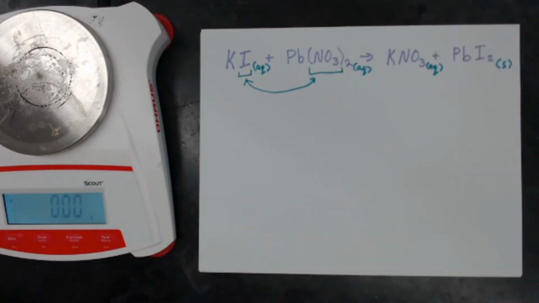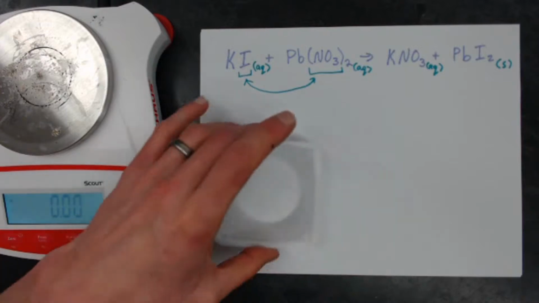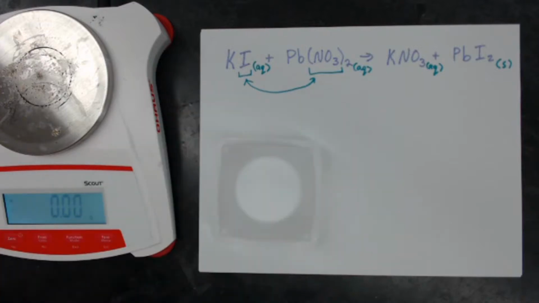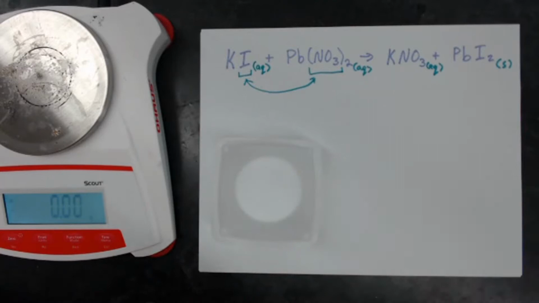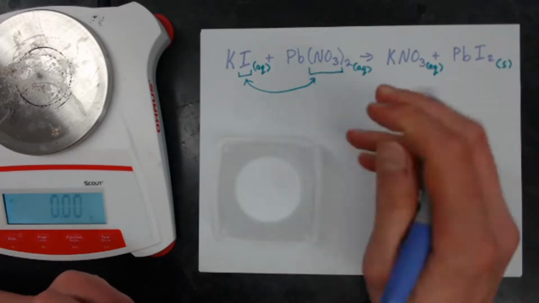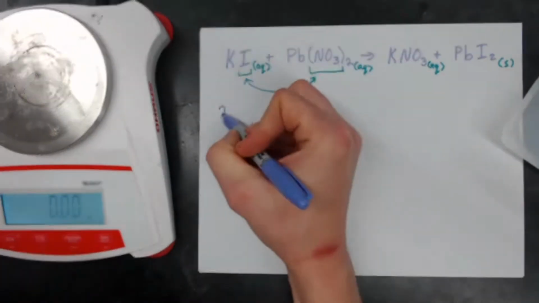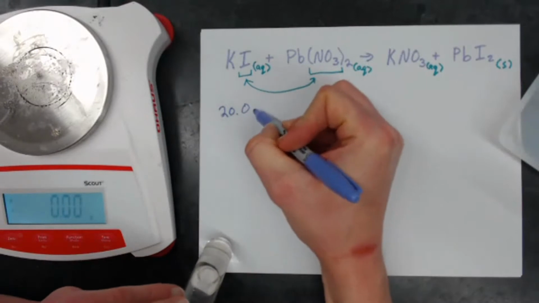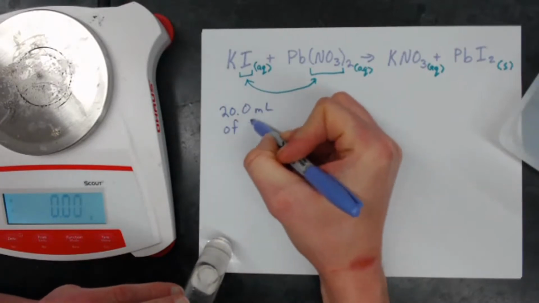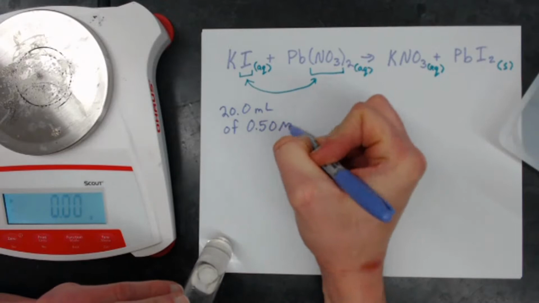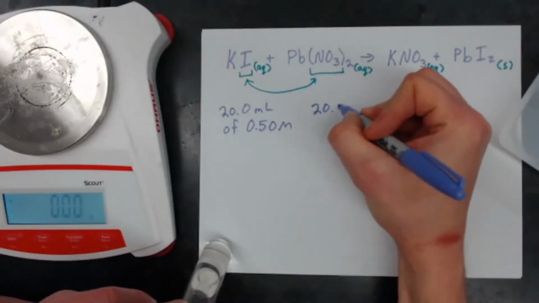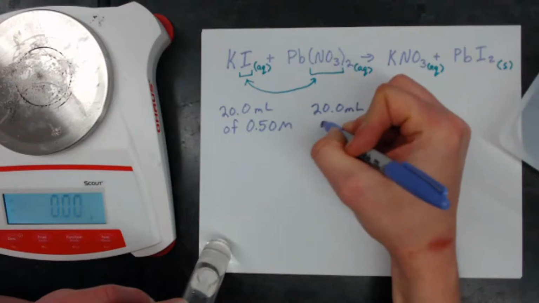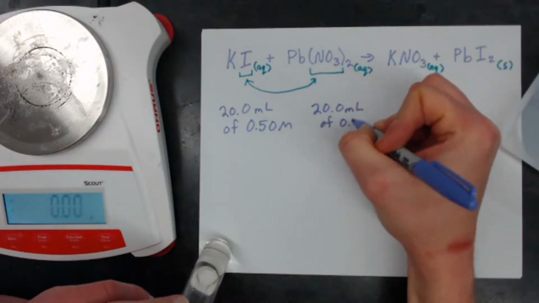All right, well, let's go ahead and start this reaction out. I'll go ahead and do it in here. All right, first we'll add the potassium iodide to it. Exactly, by the way, I know you're following along in your lab sheet, but we are mixing 20.0 milliliters of 0.50 molar potassium iodide with, well, the same volume and concentration